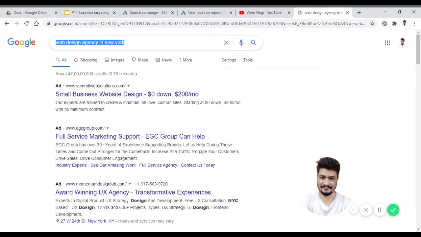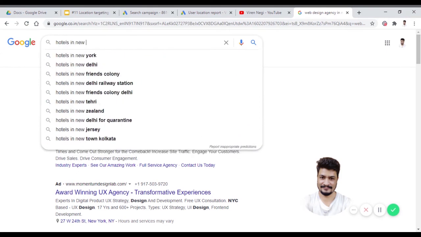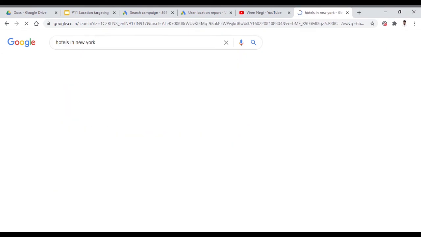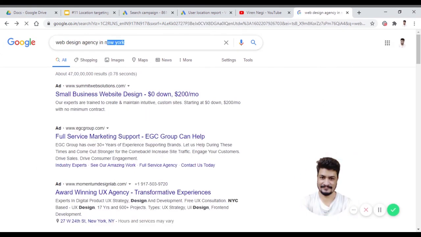This option is very helpful when you are searching for, let's say, hotels in New York, because those searching for these keywords are highly likely to buy from these ads. Most of the time these keywords are searched by maybe a PPC expert or an SEO guy who wants to rank their website in a particular location.